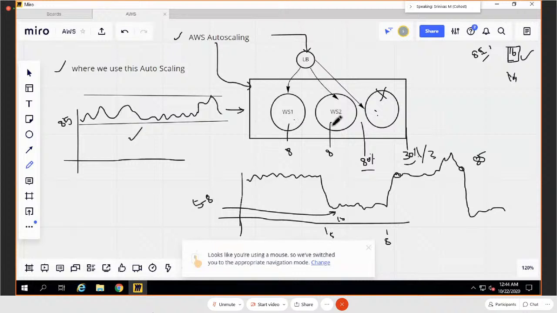I said two machines will be there by default, and the third one will be triggered when there is a certain spike. What is this certain spike in real time? Let's say 80 or 85. In our lab, let's say 55. The moment it crosses 55 and stays at 55 for 1 minute, or 5 minutes, let's create the machine. That means this will automatically come up into the picture,